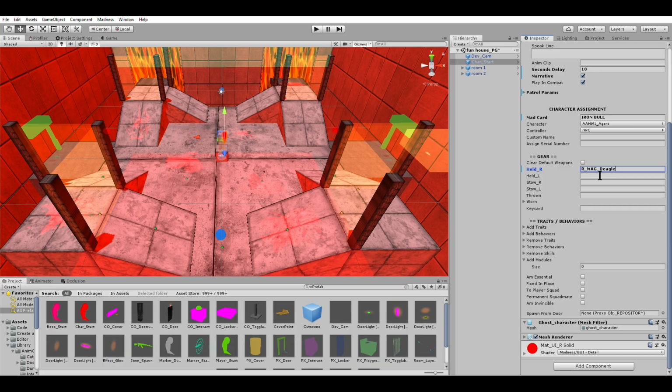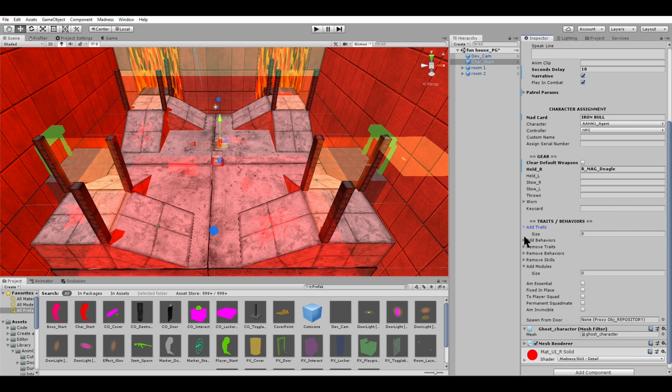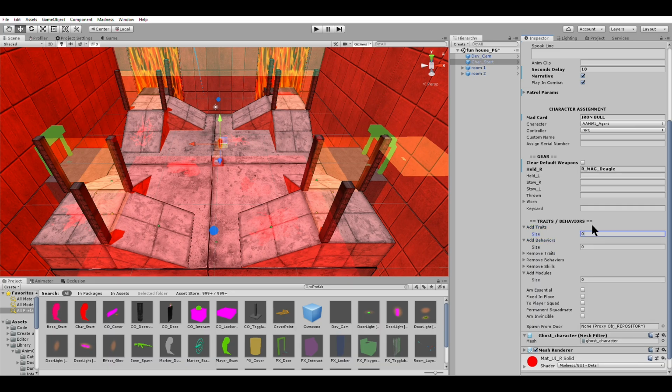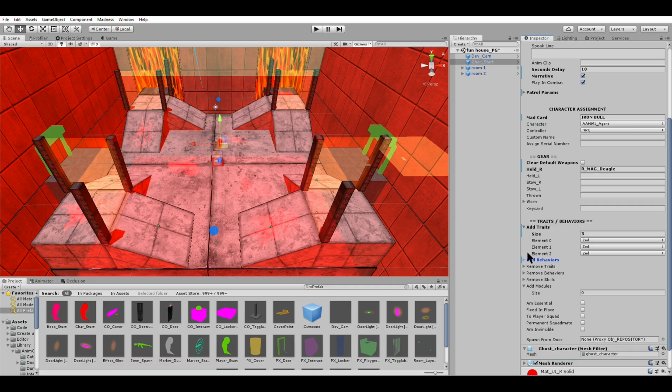Aside from that, we have the clear default weapons. I mean, kind of self-explanatory. And we also have key cards, which again, I'll be going over in another video. But moving on to traits and behaviors, good God, these things are an entire beast in their own right, which